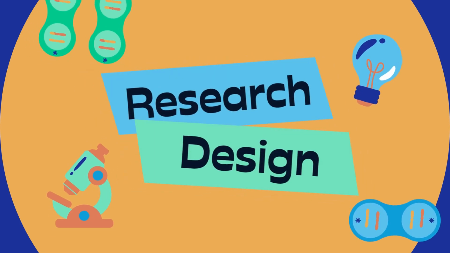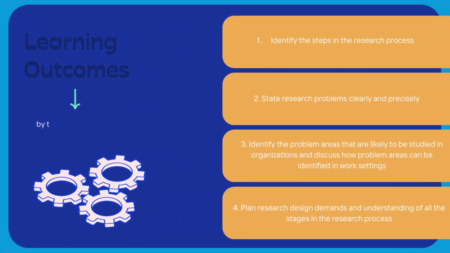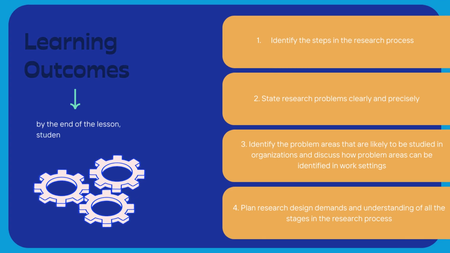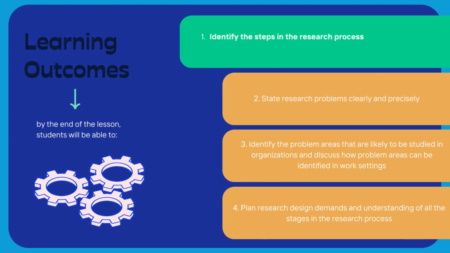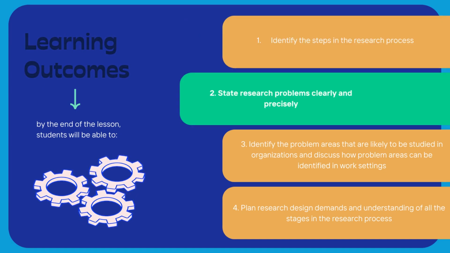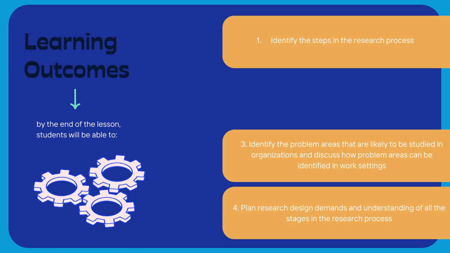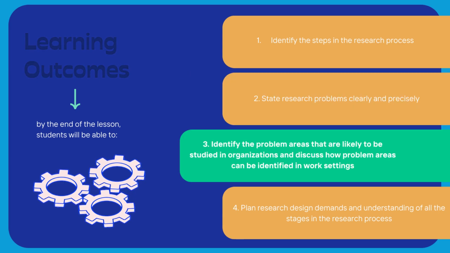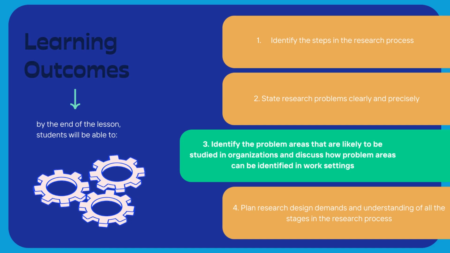Research design. Learning outcomes. By the end of the lesson, students will be able to, first, identify the steps in the research process. Second, state research problems clearly and precisely. Third, identify the problem areas that are likely to be studied in organizations and discuss how problem areas can be